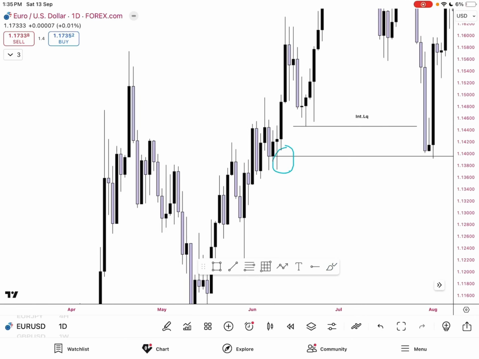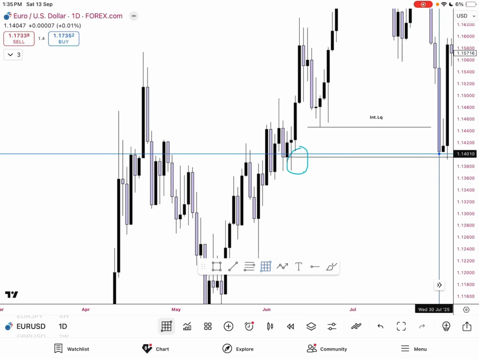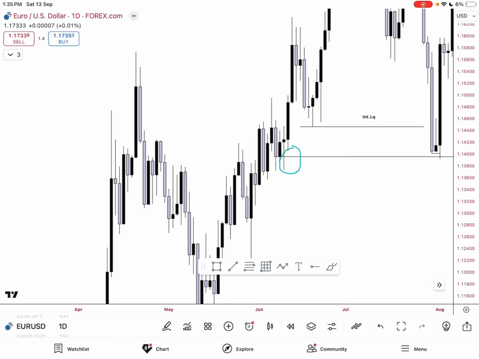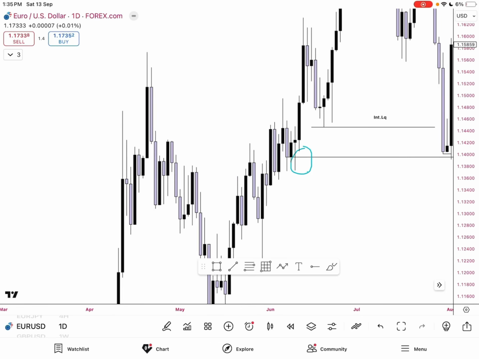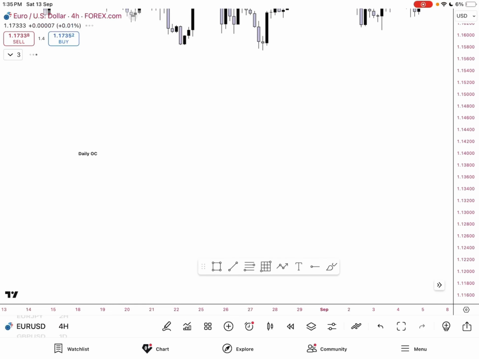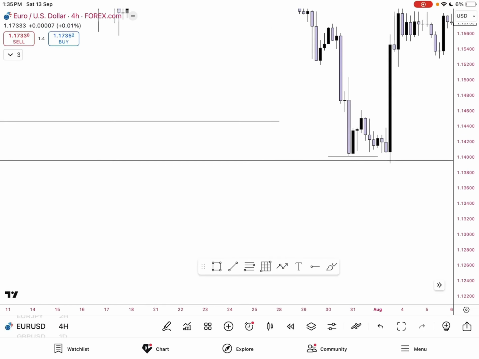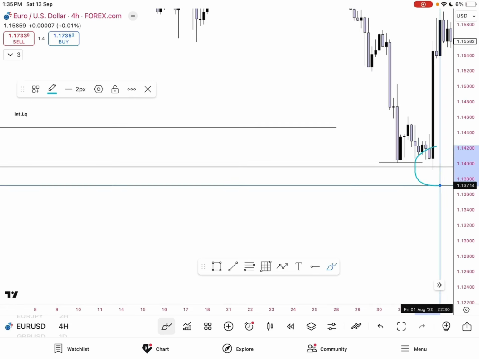So the daily key level has reacted. You can see how the liquidity has been formed here. The liquidity formed before that key level makes it very valid. That makes the key level much stronger. Understand that. So here let me go to 4 hour. In 4 hour, when price reacted like this,